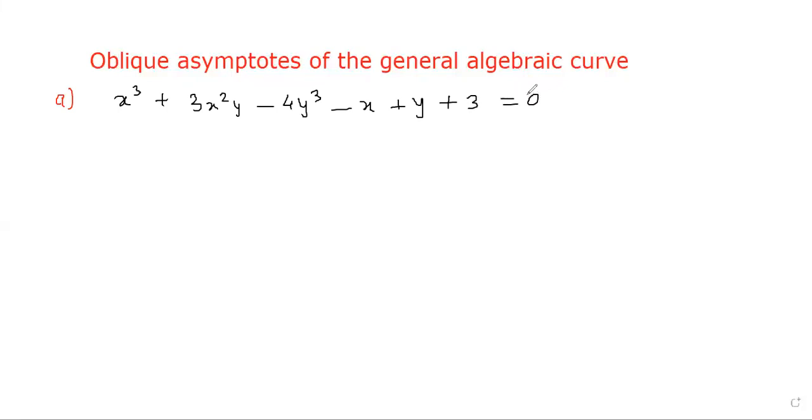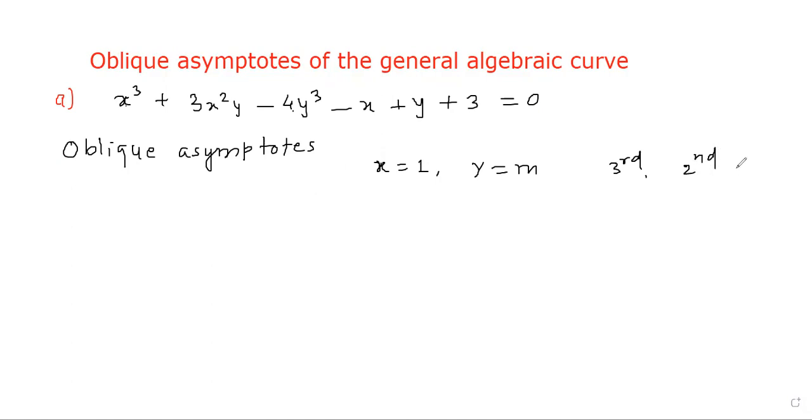Now, we have to check the coefficients of highest powers of x and y. Since they are constants, we can say that there are no asymptotes parallel to the x and y axes. Now we have to find the oblique asymptotes. For this purpose, we put x equal to 1 and y equal to m in third power, second power, and first power